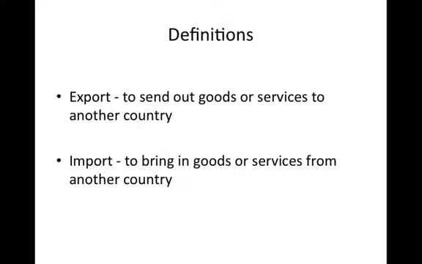Now, sometimes firms will ship products from one country to another, but within the umbrella of their own firm. So for instance, Archer Daniels Midland might actually buy grain in Western Canada and ship it to a subsidiary company in Europe, and it's then going to be sold in Europe to a different company. So this notion of export can actually be quite complicated. Importing is the same way, it's just that the flow of goods goes in the opposite direction. When one imports, we're talking about bringing in goods or services from another country. And again, I want to emphasize this isn't trade between one country and another country. This is trade between one company in one country and another company in another country.